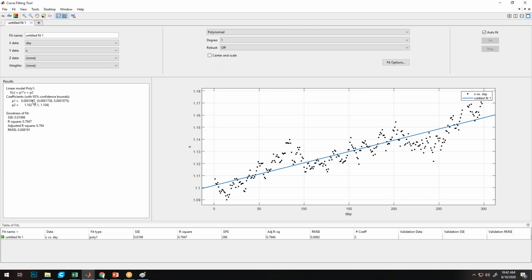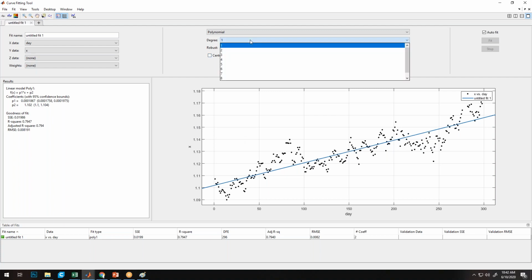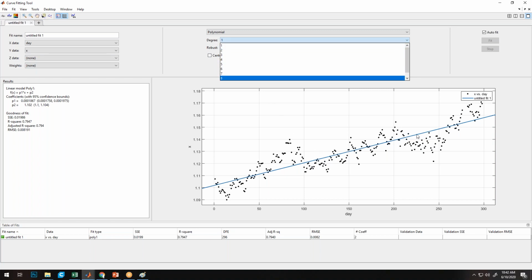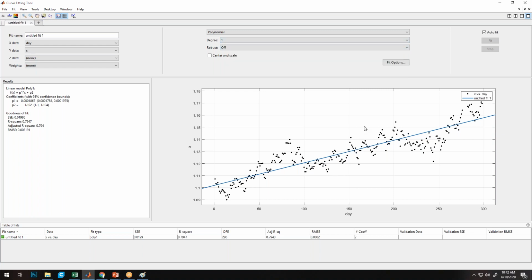Sometimes if you have a low degree, it will give you a more generalized trend, showing how the overall trend is going in the longer term. But on an instantaneous basis, it is fluctuating over this straight line, going a little bit up and then a little bit down. If you look at the R square, it says that this straight line is 80% accurate.